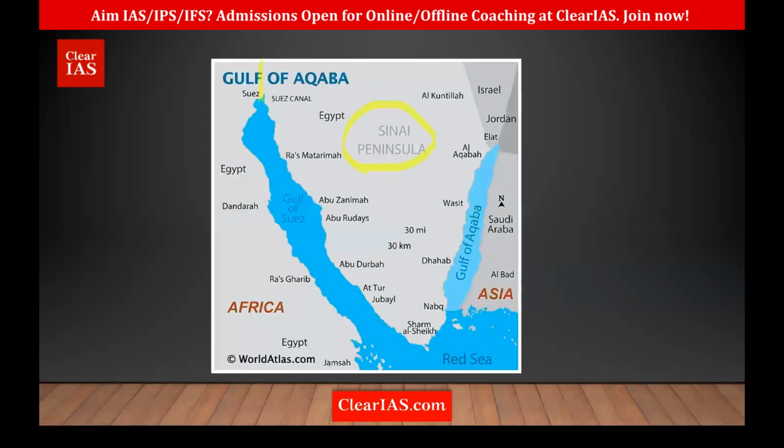So that is what? Red Sea. Now we have Gulf of Aqaba. If you're talking about Gulf of Aqaba, it is the Sinai Peninsula, which is part of what? Egypt. So whenever you hear the Sinai Peninsula, we have on one side Gulf of Suez, where there is Suez Canal, Gulf of Aqaba, and on bottom we have Red Sea. Okay, and you can see how Jordan and Israel are touching Gulf of Aqaba, and thereby have connection to Red Sea.